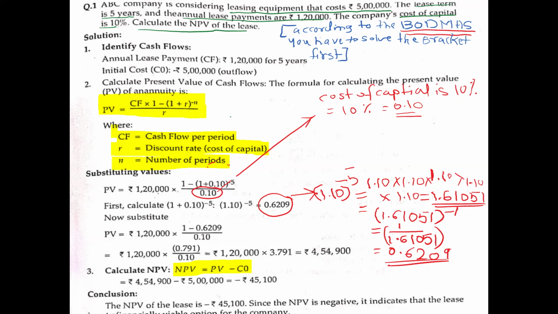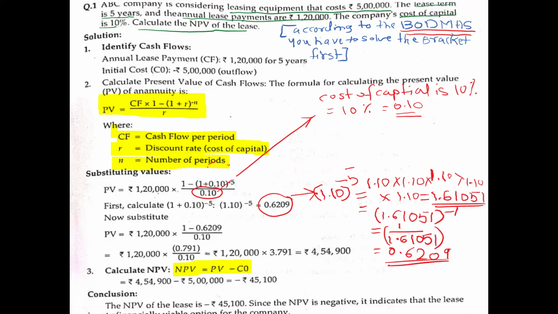First calculate (1 + 0.10). We take the cost of capital upon minus 5, which is 1.10 raised to minus 5, equal to